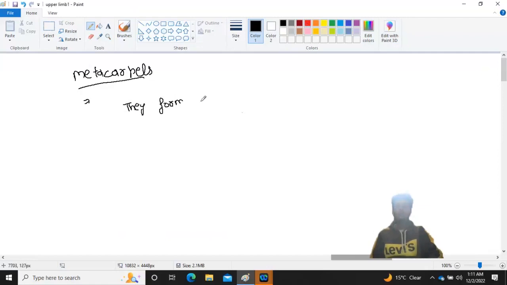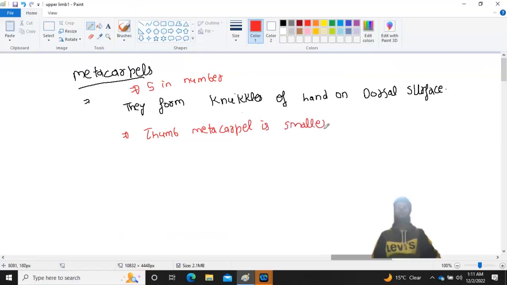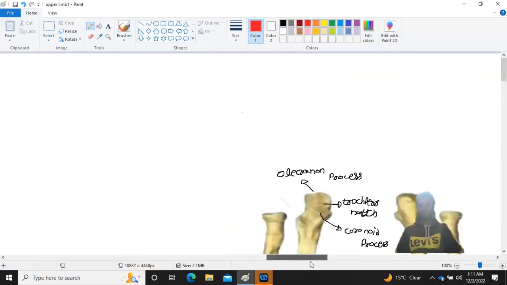Form knuckles of head on dorsal side, dorsal surface। ठीक है, देख लेते हैं कैसे, कितनी होती है टोटल, 5 in number, in which thumb metacarpal is small, very small, thumb metacarpal is smallest, इजिली डिस्क्रिमिनेट हो जाती है बाकियों से। देख लेते हैं इसको।